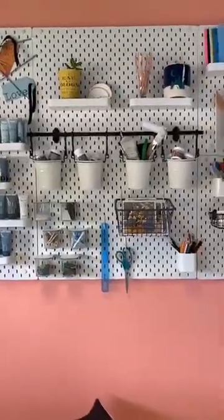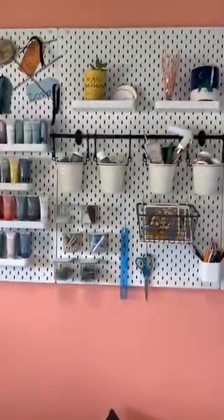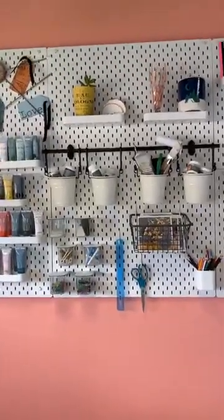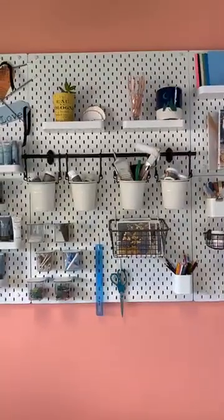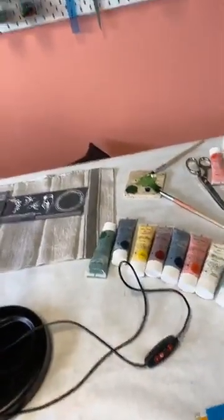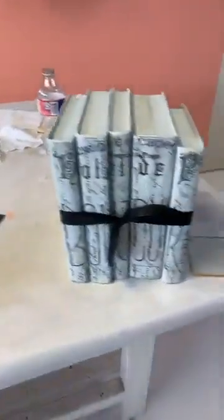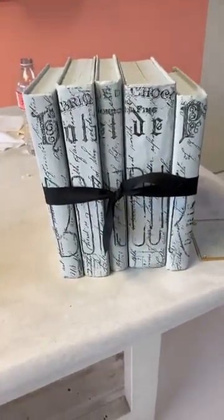But you may want to create a center panel. Maybe this area at the top is going to be what you're going to be showing them that day. Excuse me, when you do a Facebook Live. You want to have an area where they see some finished goods, some inspiration. Maybe you want to do it more on the lower right-hand corner, or maybe you actually may have it on your table. So usually when I have my table, I'll have pieces that are actually finished,